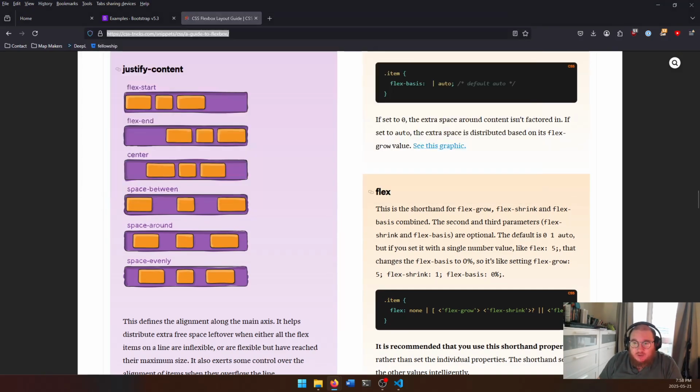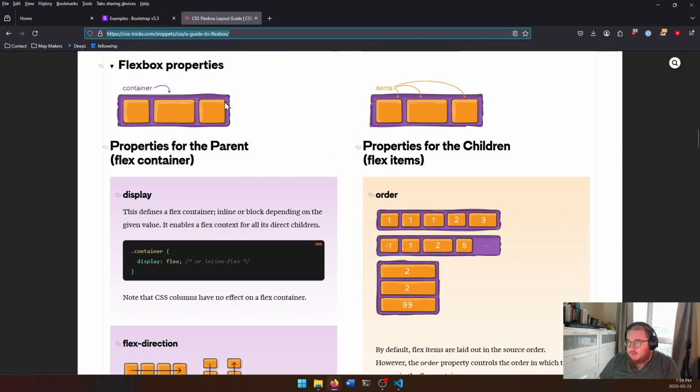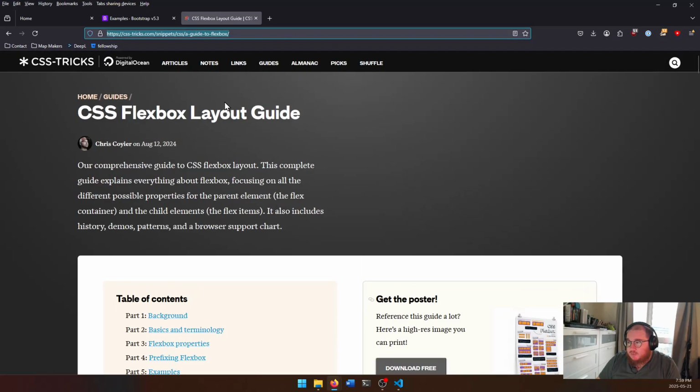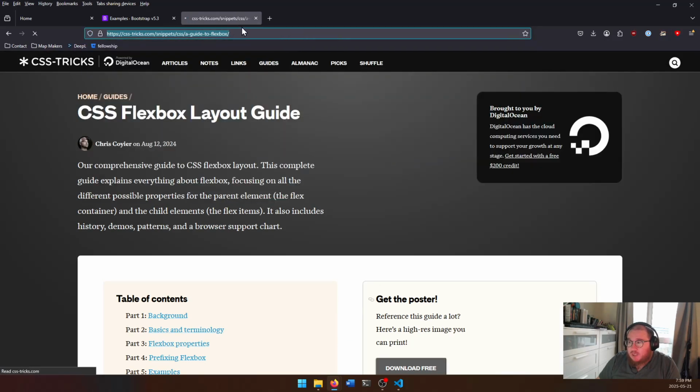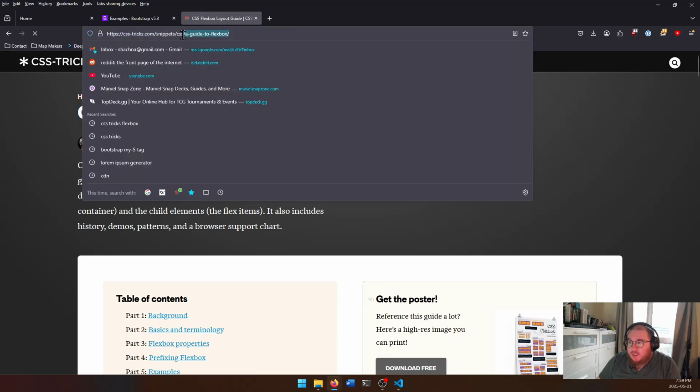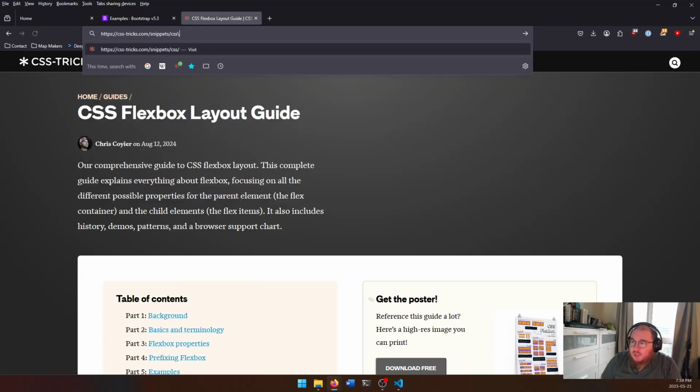I'm going to share it here in the chat, and you can look up just CSS Tricks flexbox, right? Or you do css-tricks.com/snippets/css/a-guide-to-flexbox, and you'll get the details of that. This is a really good article on Flexbox, but there's something even more basic, right? Which is if you look up